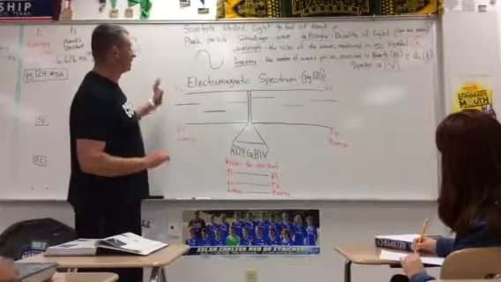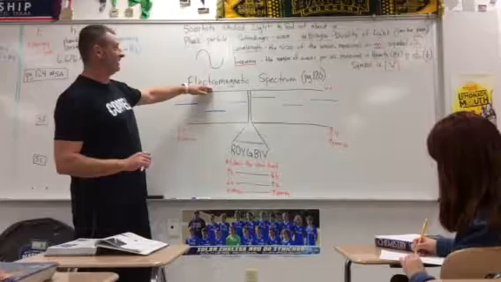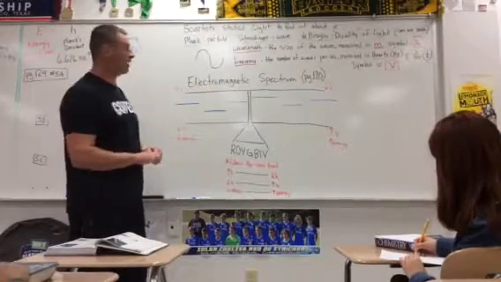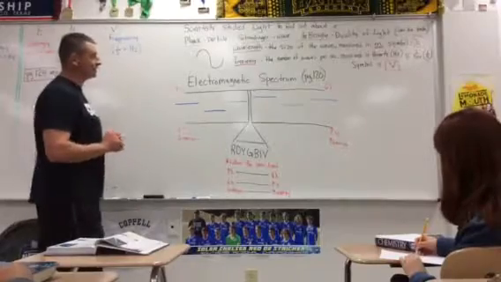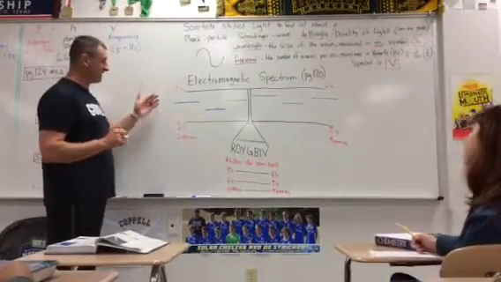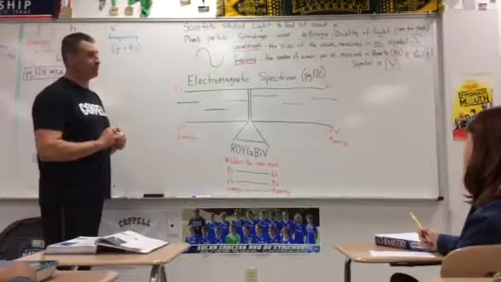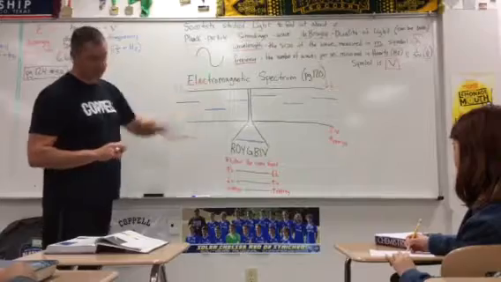Now, as far as waves go, when they were studying waves, the scientists came up with the electromagnetic spectrum. It's on page 120 in your book, and it shows the different waves. The thing about the waves is you can look at their wavelengths and their frequencies and how they fit in order. So you're going to have to understand the trends that you see on this table we're going to create right here.